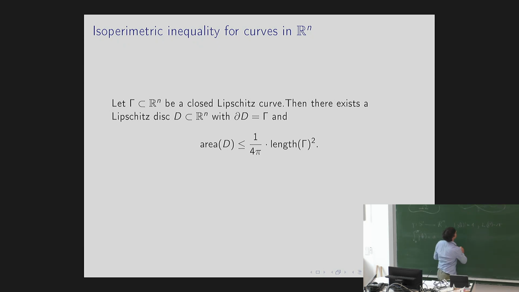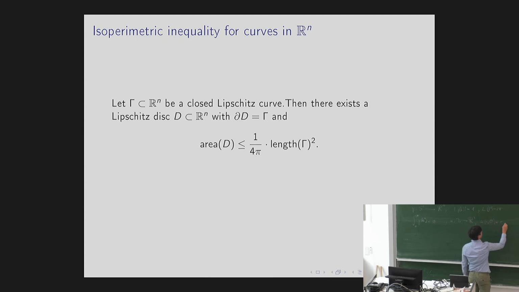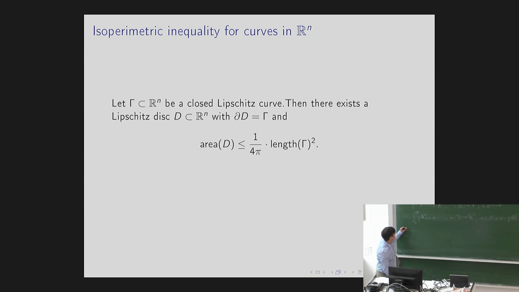Let me draw it first and then write down what the formula is. It's simple enough. I don't know how good this picture is. So if you want to write it down, it's a map from the disk to R^n. And if you write it in polar coordinates, it's just r times gamma. And I claim this does the job, because if you think about this, the area of this u